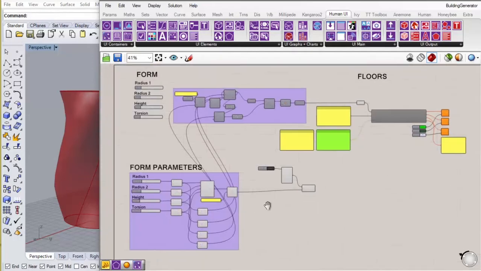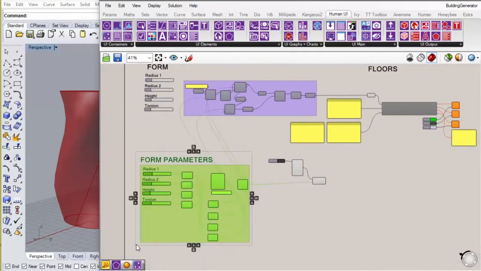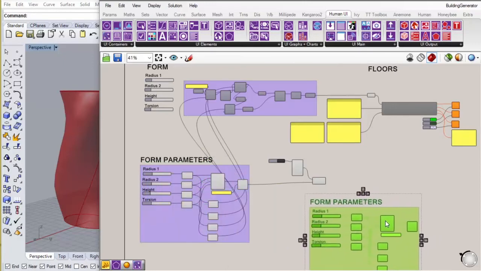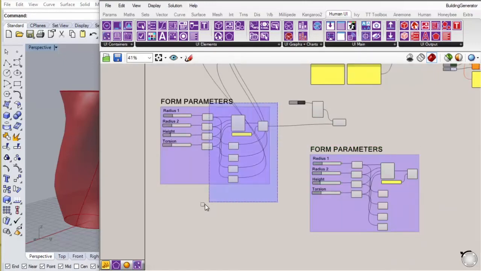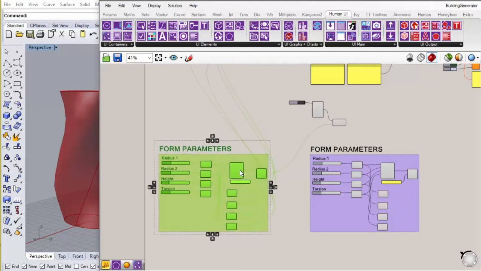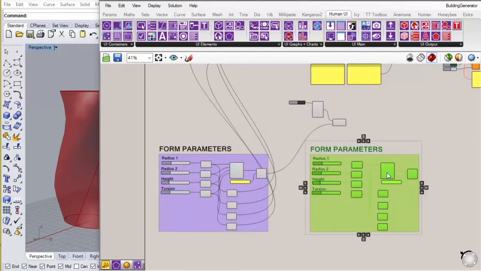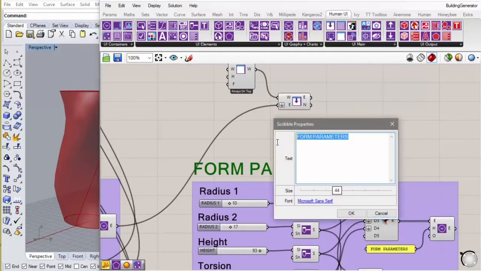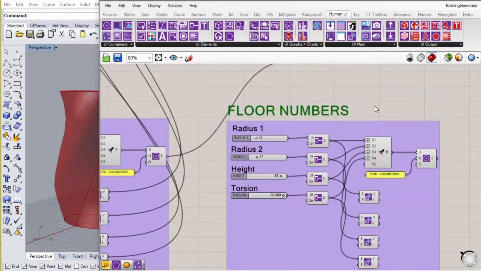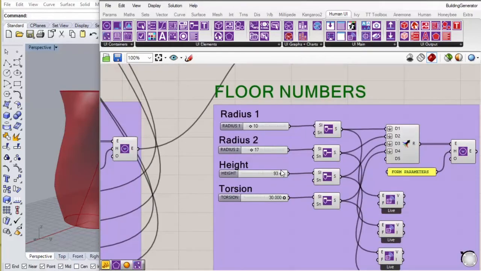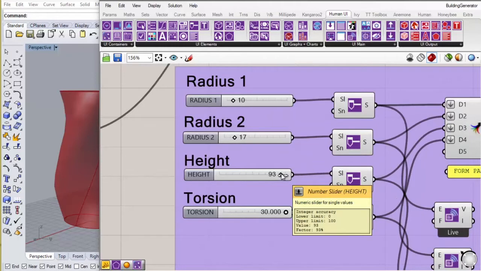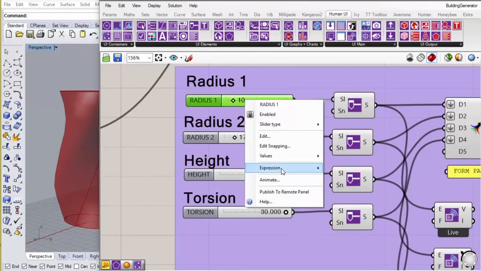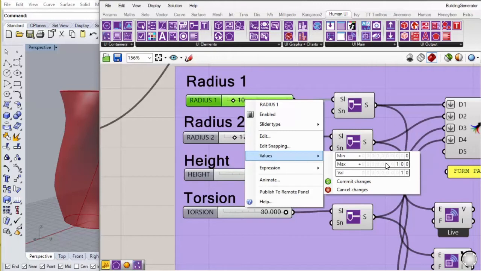So now let's just copy this and call it, let's line all of these up nicely. Call it floor numbers. And these sliders are going from 0 to 100, which is not too useful.